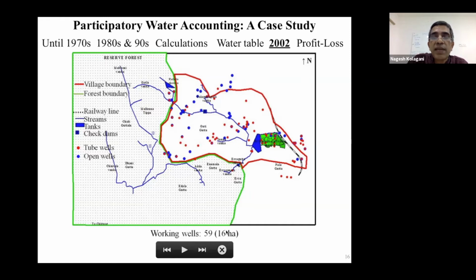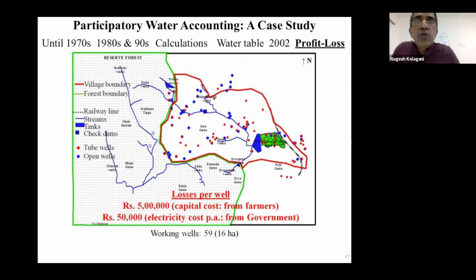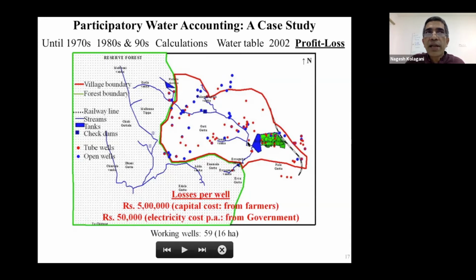So all that happened in the 80s and 90s is that, at the end, it is almost the same number, except they're now redistributed. Now, what about the cost? Where we are in 2000 is almost the same as where we were in the 70s, except instead of drawing water in an ecological way using cattle, we have now replaced it with all these costly tube wells. Each farmer has sunk so many rupees in sinking them.